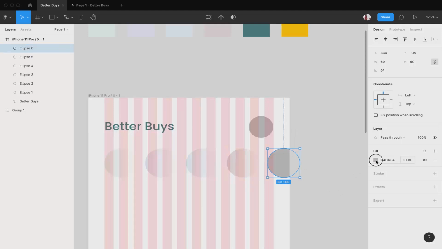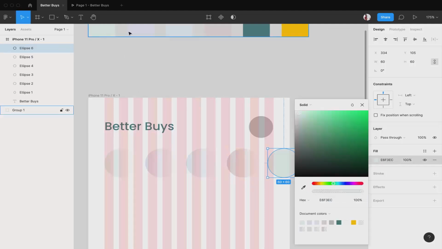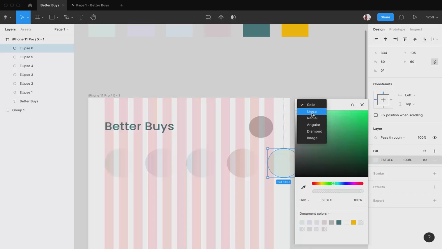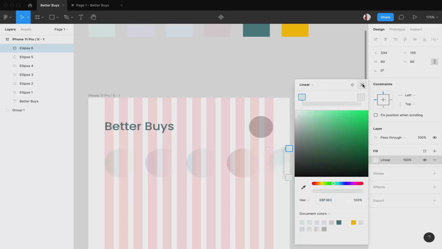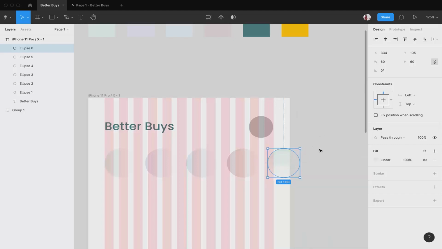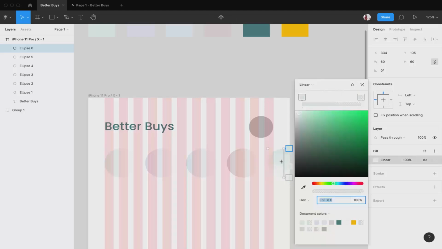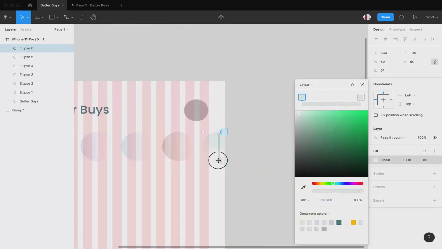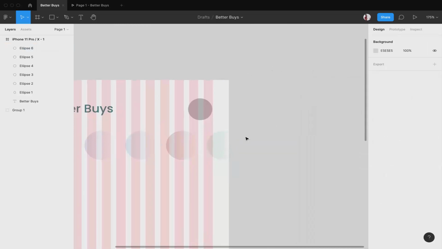Now in the last one I again start with the first step. Solid will change to linear. Okay, I'm sorry, what happened? Yes, so the solid will change to linear, and the linear will change from vertical to horizontal. Yes, now it is done.